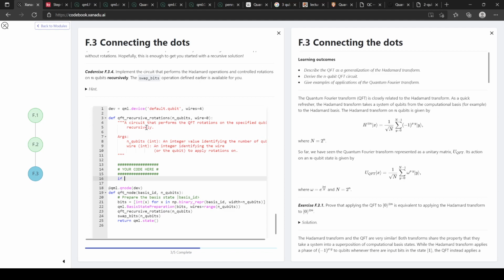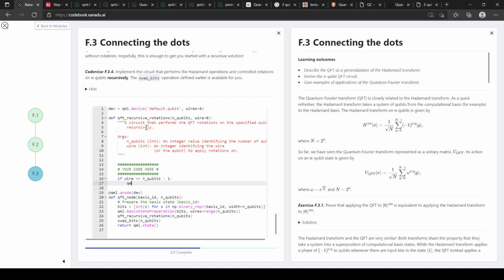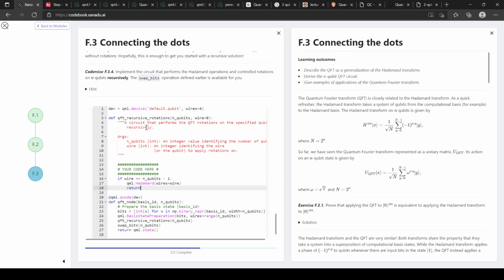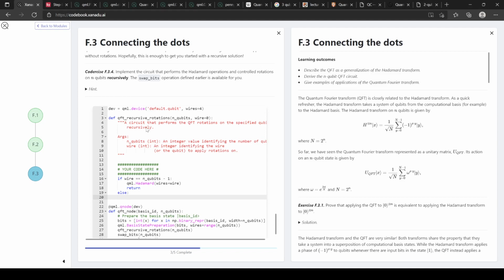So we say if wire equals n qubits minus 1, qml.add wires equals 1. And then we can return, because we're done with the function. We reached the bottom. Otherwise, we don't actually need an else here. I recognize that. I just like it. Otherwise, we want to say